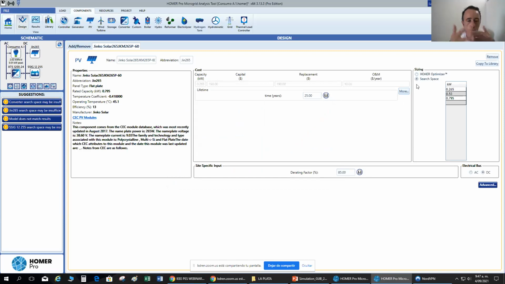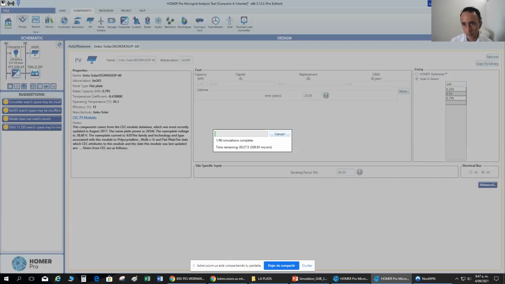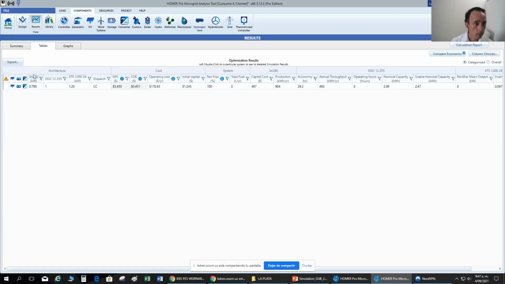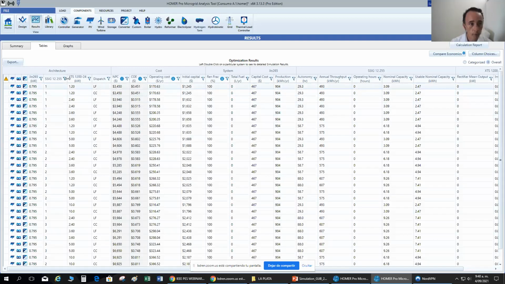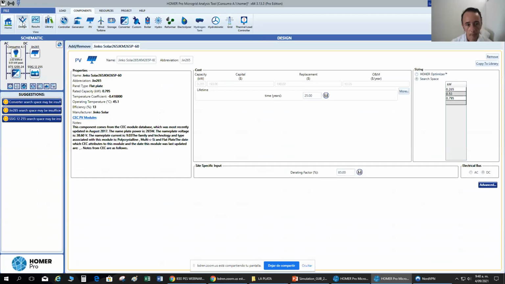And then it's going to create a new iteration. Again, I'm going to calculate with this one the same, and the results are exactly the same because it optimizes and says you can put many single solar modules, but this is the best system suitable for the load profile that you give us, that is here in design. For this load, Homer says the best result